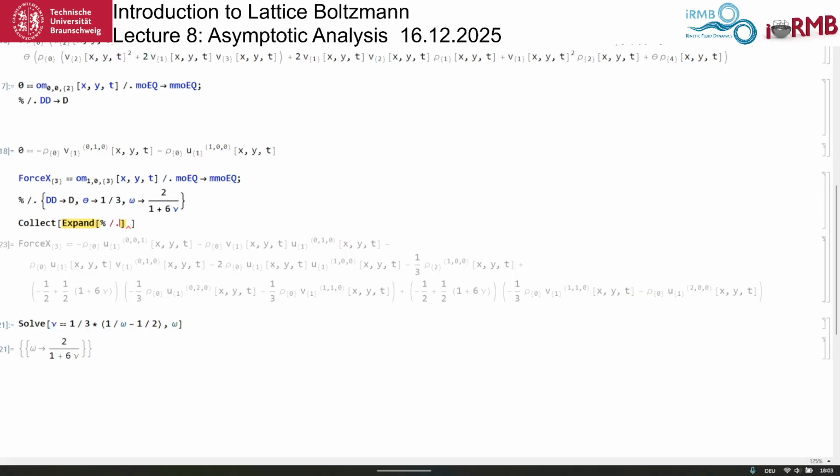So we can replace this small v to the first order of x, y, and t,